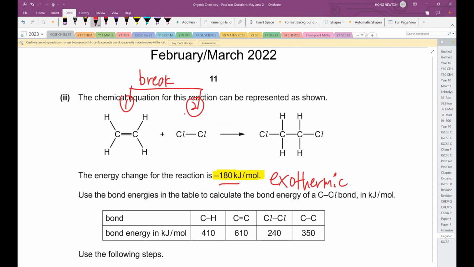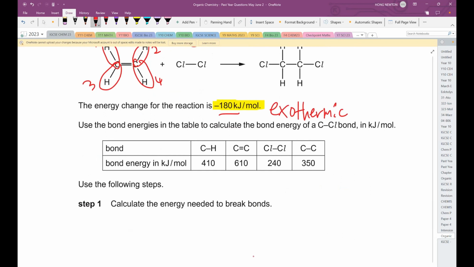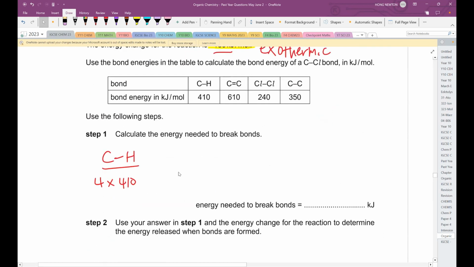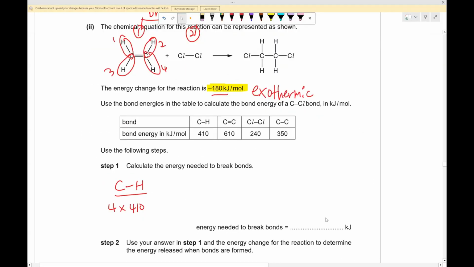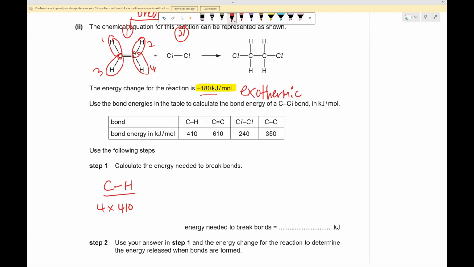So see carbon to hydrogen. How many carbon to hydrogen bonds? We have, for example, 1 here, 2 here, 3, and 4. So we know that the carbon and hydrogen bonds are 4, so 4 times 410. Maybe I zoom it bigger. Then after that, carbon and carbon. Carbon double bond with carbon, so how many? Only 1, right? You see, carbon and carbon only 1. So this one you have to plus